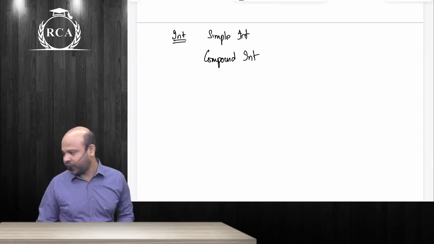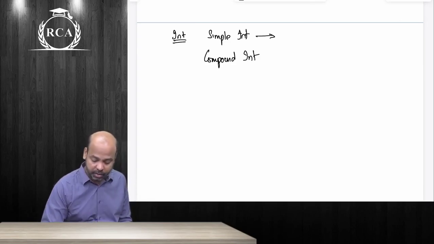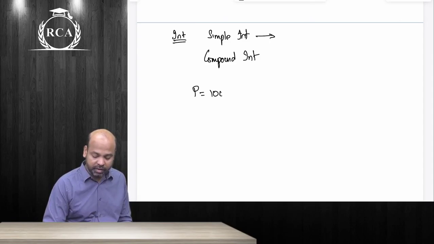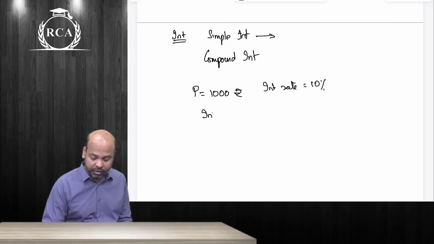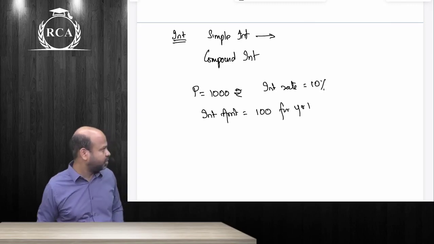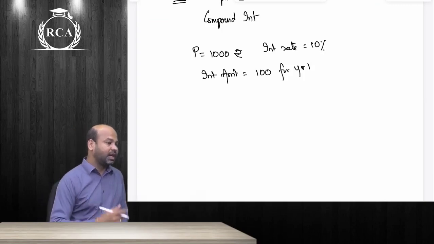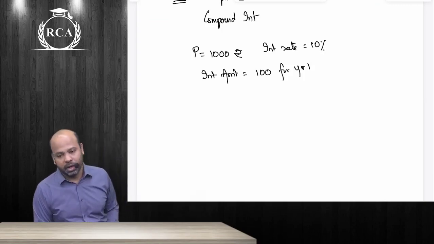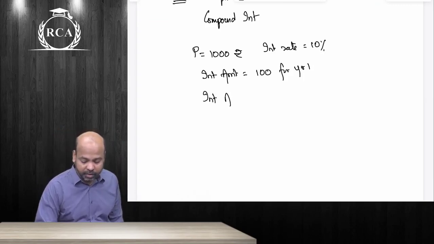Under simple interest, beta, we always keep computing interest only on the original principal. If you have deposited a sum of rupees 1,000 at an interest rate of 10%, the interest amount for the first year is supposed to be 100 rupees. Let us say you do not withdraw this amount. If you do not withdraw interest for the first year, what should be the balance lying with the other person? 1100.